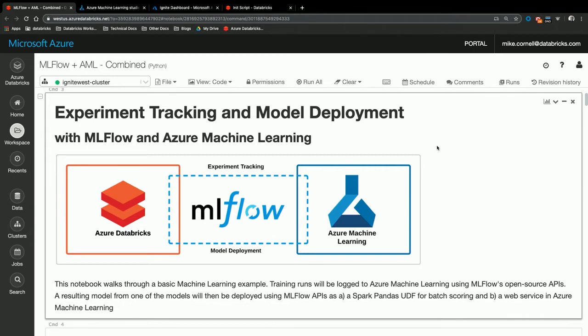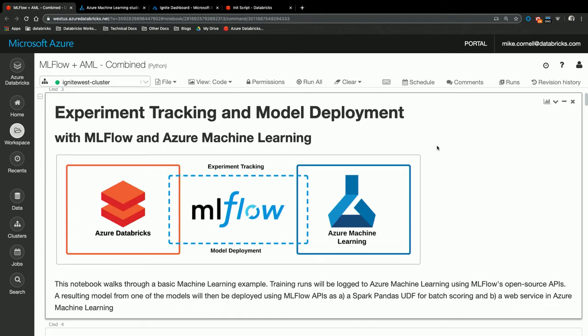Yeah, guys, so I'm going to show you some of the new stuff that we've done to bridge the gap between Azure Databricks and Azure ML. A lot of people love to come and build their stuff in Databricks, right? They love to do their data science and ML in Databricks. They also love some of the model tracking, repository and deployment capabilities of Azure ML.